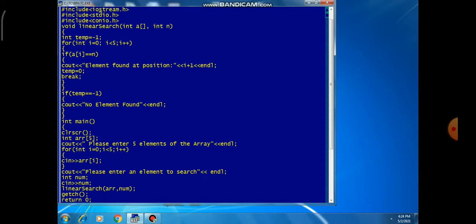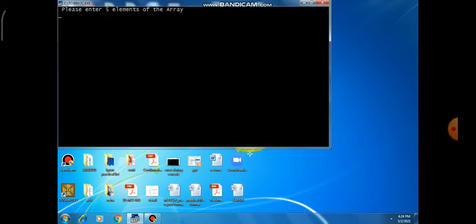So here there is no error. Now I am executing my program. After executing my program, dear students, you can find out that first of all it will print a message that will ask you to enter 5 elements of array.